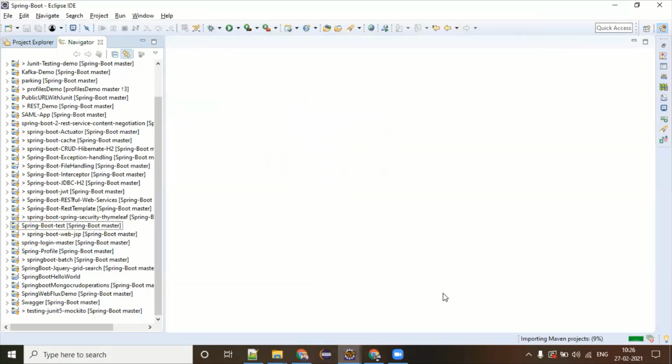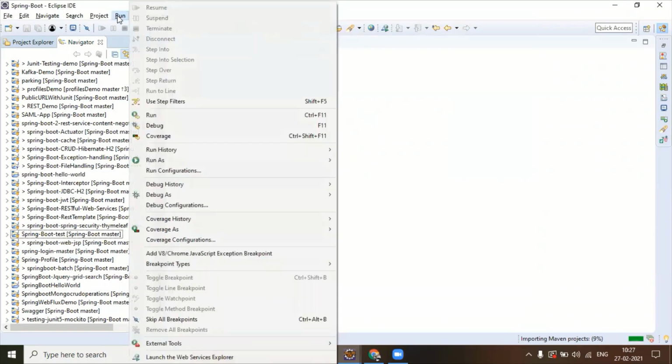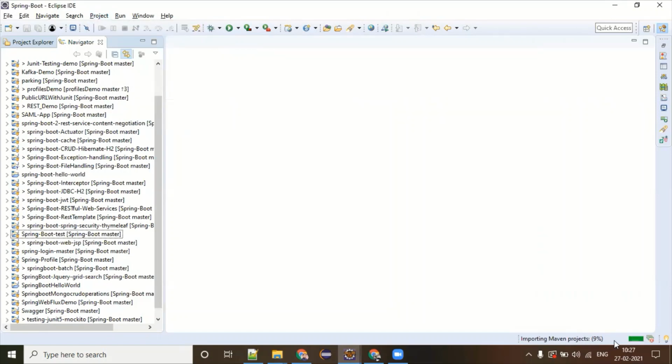The moment you click on finish, Eclipse starts doing its job. In fact, in my application, the option build project automatically is checked. If you have build automatically checked in your Eclipse too, then the downloading and importing part will be taken care of automatically.